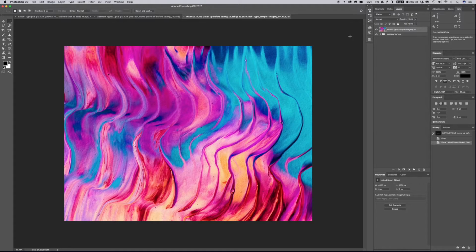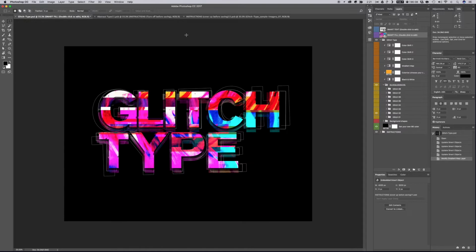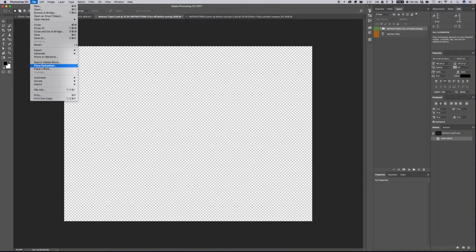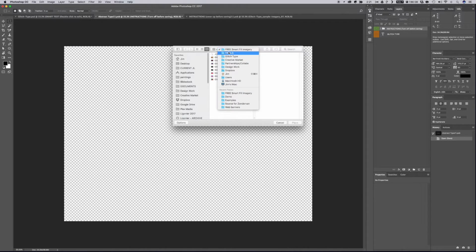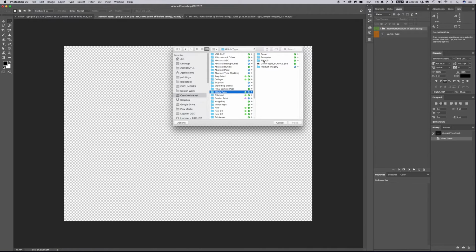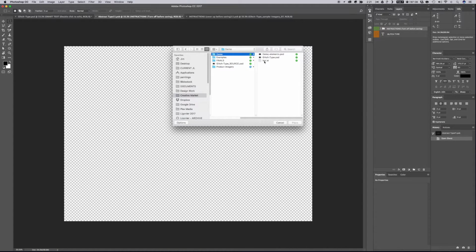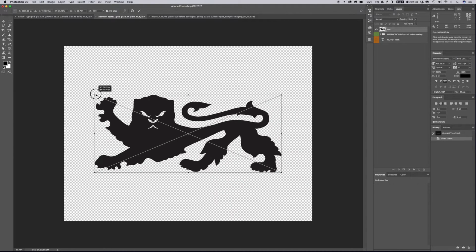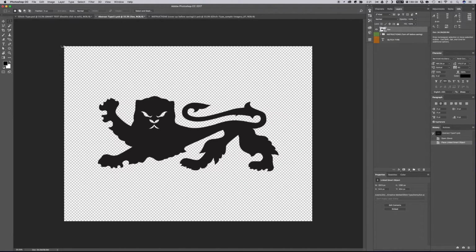So one more thing I'm going to show you is I'll actually jump into the Smart Type layer here. I'll turn the type off, and this time we'll bring in an object so we can see what the glitch effect does to an object instead of type. So I'll bring in this kind of lion herald crest thing here. Just scale it to size, click save, and again, wait just a few seconds for those smart objects to update